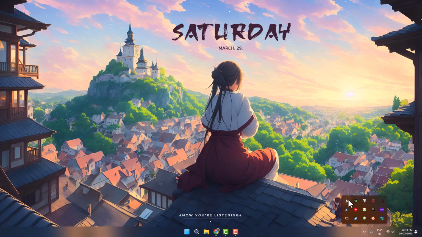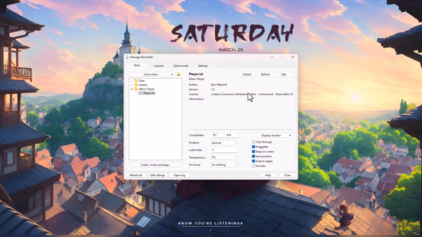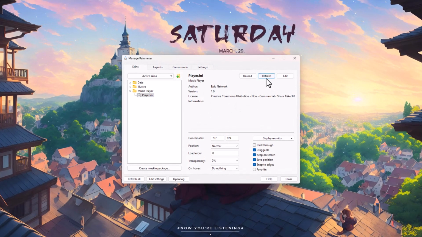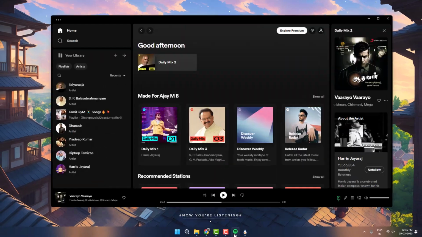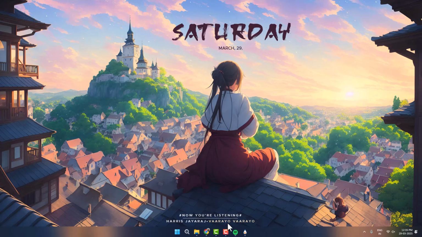Select the system tray, right click on Rainmeter and select manage. Expand this music player and select player.ini. Now select this refresh option and that will refresh the code we added. Now you just need to minimize it and play any song. Now you are listening to Harris Jayaraj's Varayo Varayo song,